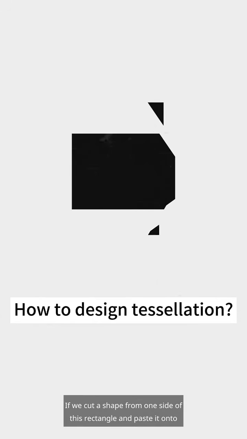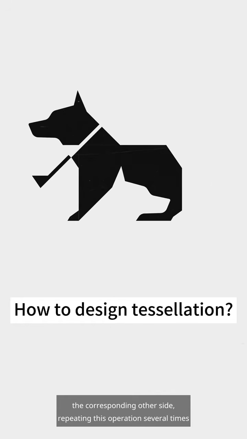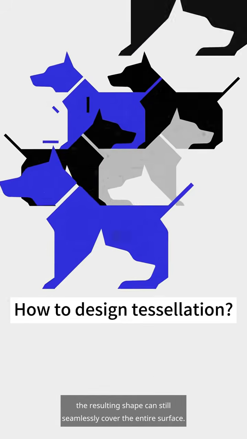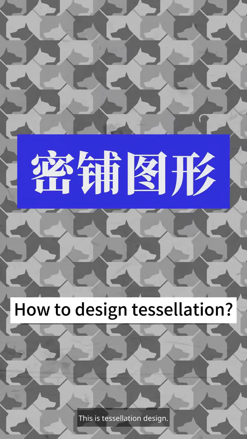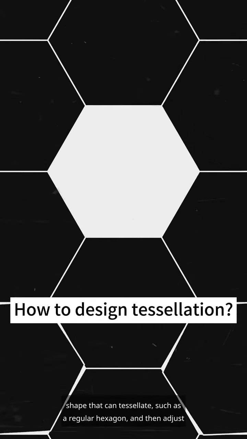This is a rectangle, and with a bunch of identical rectangles, you can seamlessly cover the entire surface. If we cut a shape from one side of this rectangle and paste it onto the corresponding other side, repeating this operation several times, the resulting shape can still seamlessly cover the entire surface. This is tessellation design. For this type of pattern, you first need to find a basic geometric shape that can